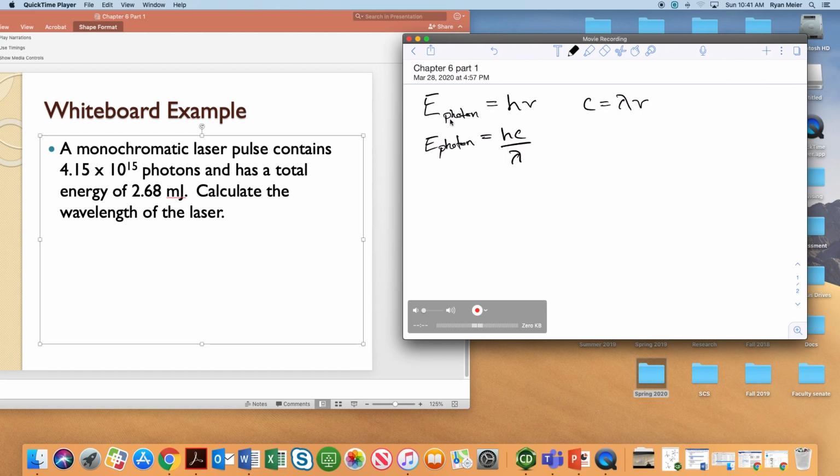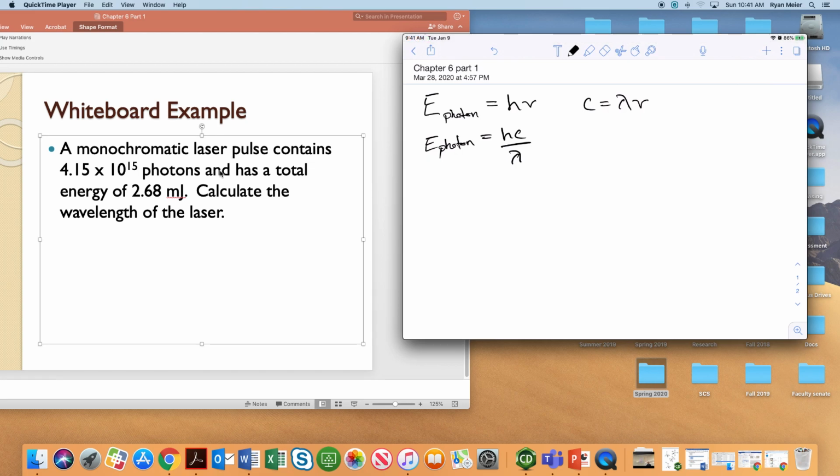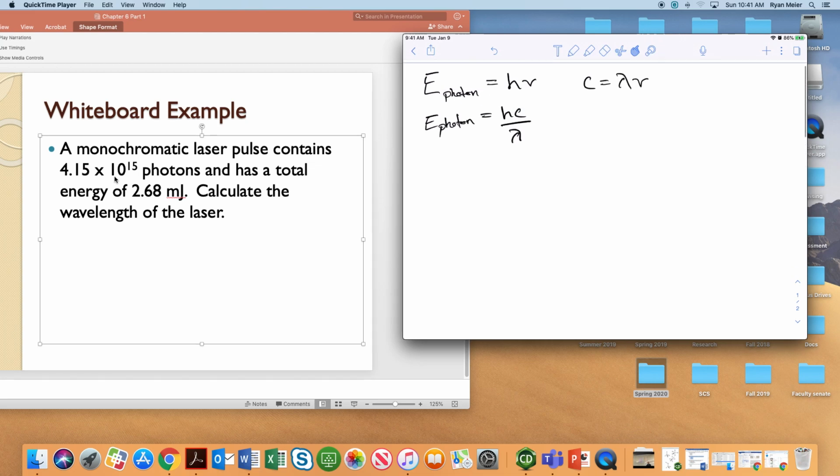Now, the only thing is, for us to use this equation, we have to be talking about a single photon. But this example has lots of photons and some total energy of all of those photons. If we want to use this equation to find the energy, we need the energy of one photon. So all we should have to do is take the energy of all of our photons divided by the number of photons in our total laser pulse, and that should give us the energy of a single photon. So if I take our total energy,